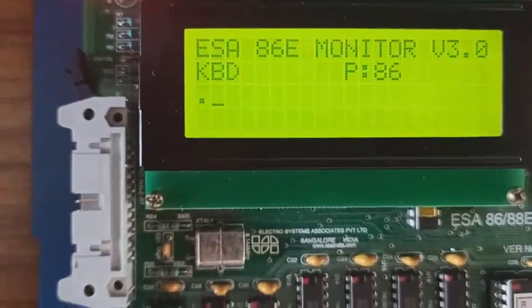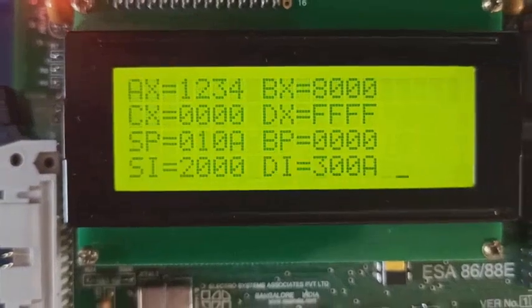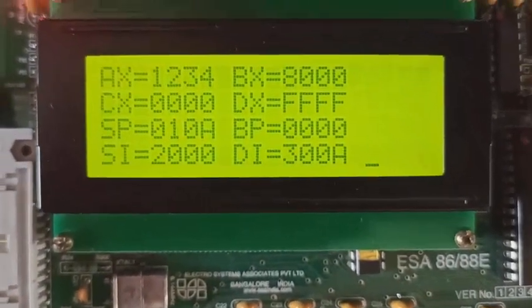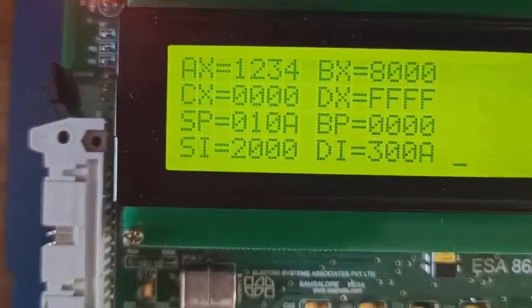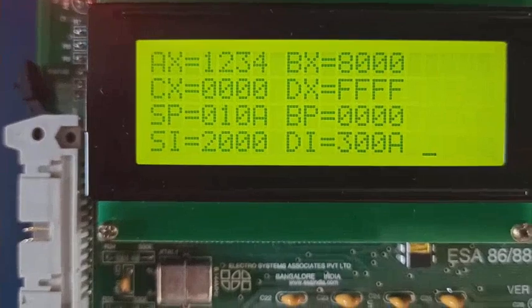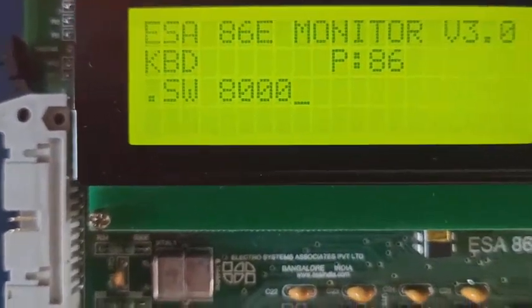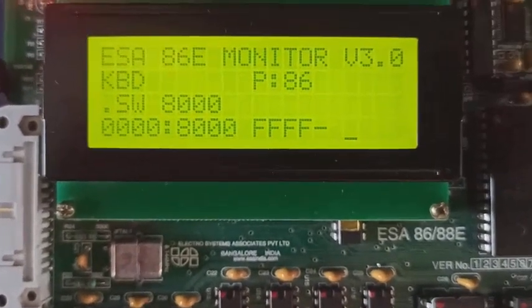Enter, reset. Now let's execute the program using the G command. Now you can see we are scanning for data which is not available in the string. That's why the DX value is loaded with FFFF. The same data should be loaded in memory location 8000, which can be checked using SW. It is FFFF.